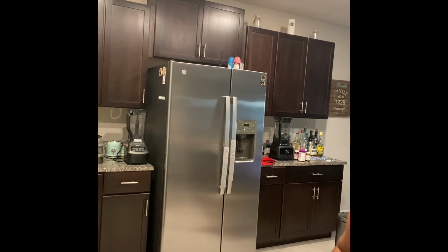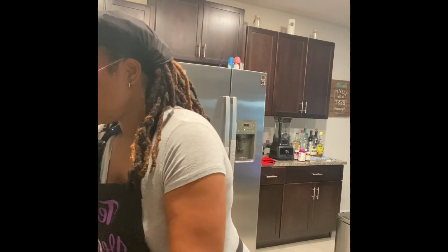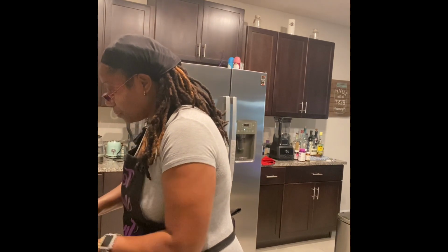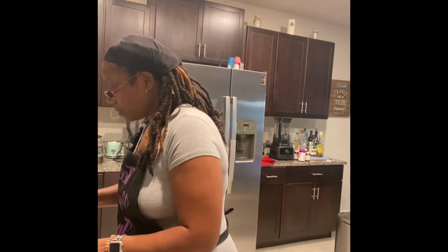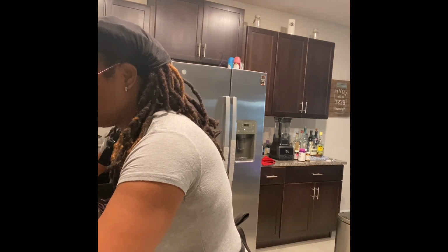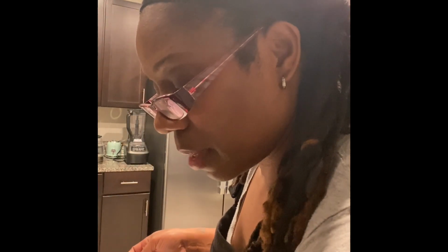So let me grab a little knife here. I want y'all to see this fillet. It is hot. I'll take the smallest one here because I know my husband's going to be hungry when he gets home. I'm just gonna cut a piece so you can see what it looks like, because we're not doing too much knocking down eating this evening. I did eat a late lunch today on purpose because of the time. All right, so